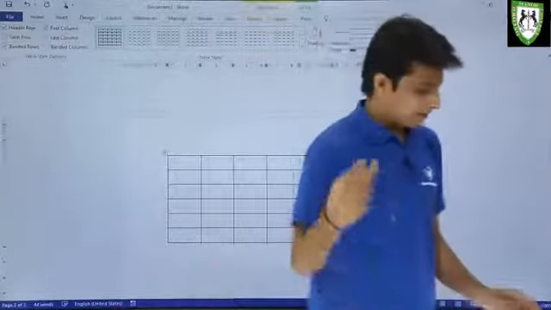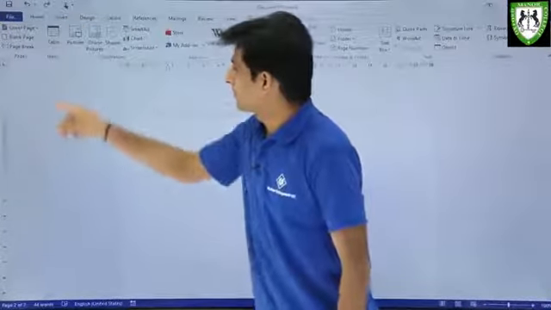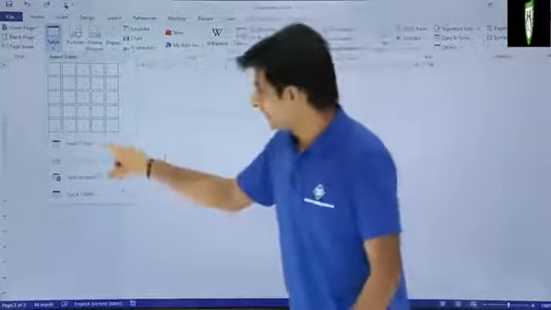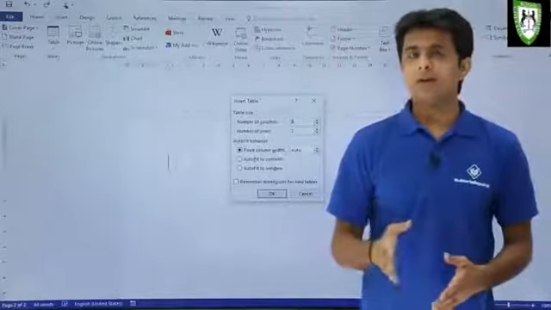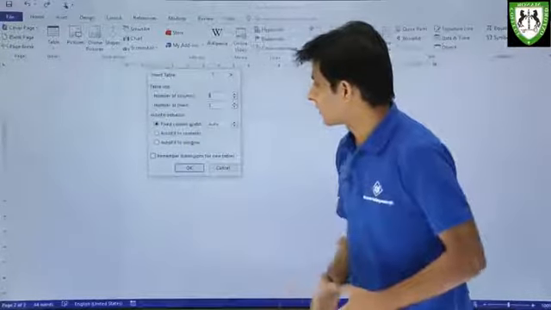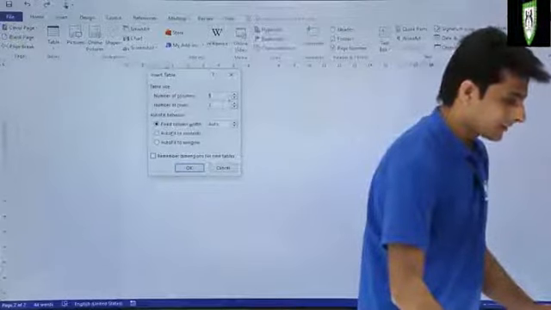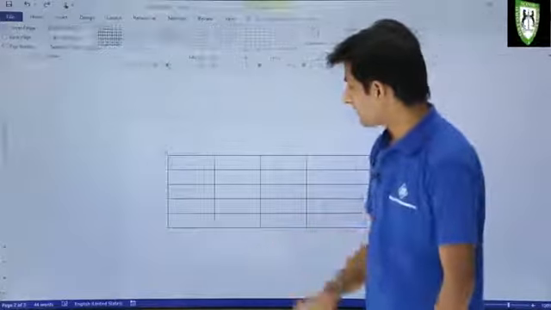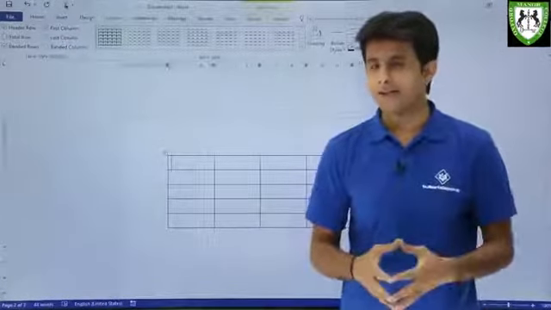That is one method. Second method is, I'll just press Ctrl Z to take it back. Second method is, you can go to the insert tab and you see there's an option as insert table. So once you click on insert table, you'll get a dialog box. It will manually ask you how many columns and how many rows you want. By default it says the number of columns are 5 and the number of rows are 2. So I'll try to increase that. Rows and columns would be 5 and I'll click on OK. So you see there are 5 columns and 5 rows which I've automatically got. So this way you can create a table.